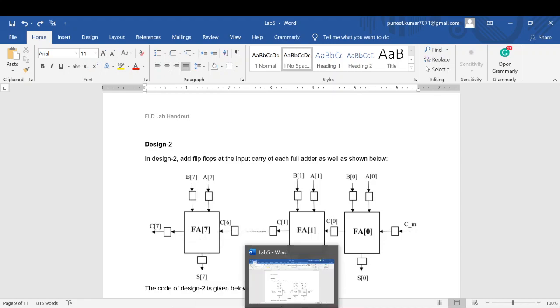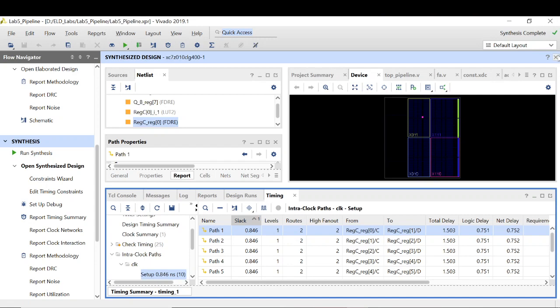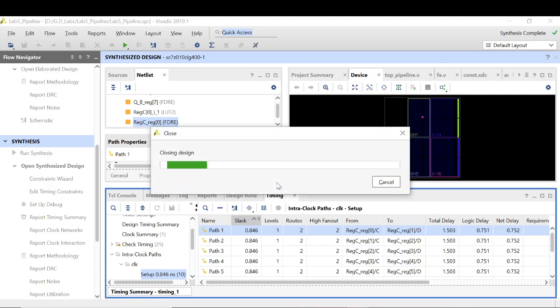And one more thing that we can see in the elaborated design is how this design looks now.